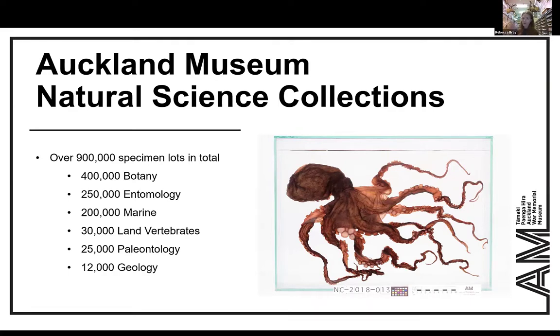So where my role mainly sits within our collection is to be looking ahead at how we're going to be using the collections and what infrastructure we need to build into Vernon and to other things to make sure we keep our collection as useful as possible going forward. So in particular, I've been in the role for about 1.5 years now, so more of this work is looking at how we deal with molecular data and